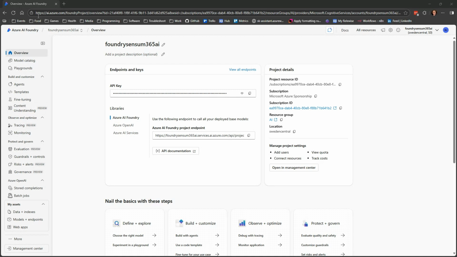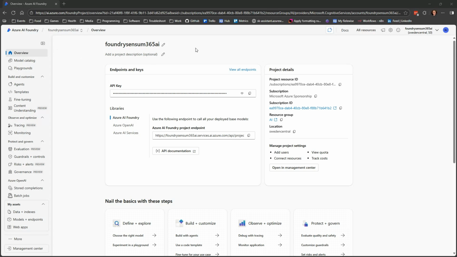So here we are in the portal, ai.azure.com, and you have your Azure AI Foundry. Recently, there were two options here. There was Azure OpenAI and Azure AI Foundry. But actually, as of this recording, very near that, the Azure OpenAI part became AI Foundry as well. So when you logged in, it actually came and said, hey, I need you to convert to this. You press the button, and then it would turn into an Azure AI Foundry.